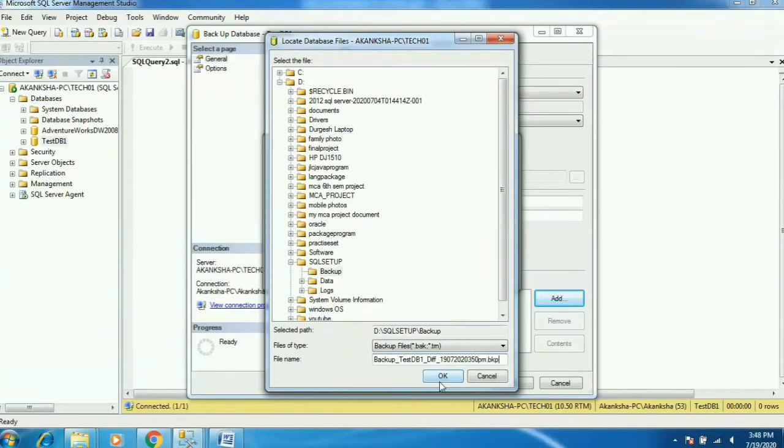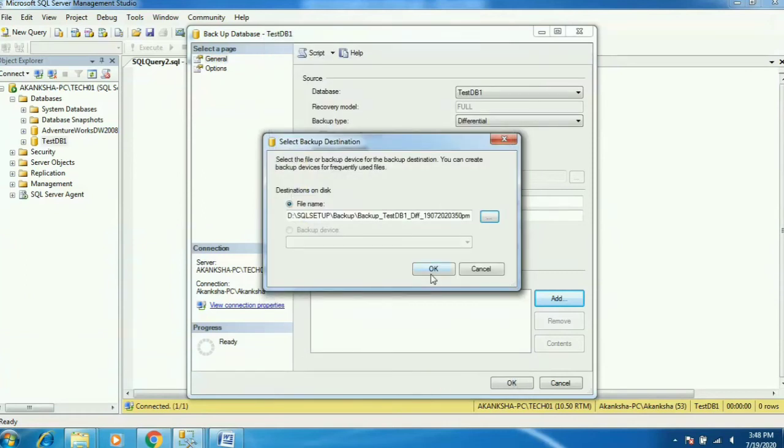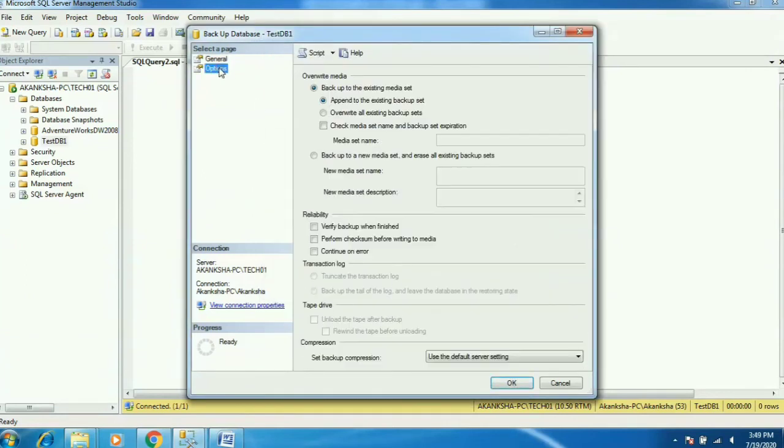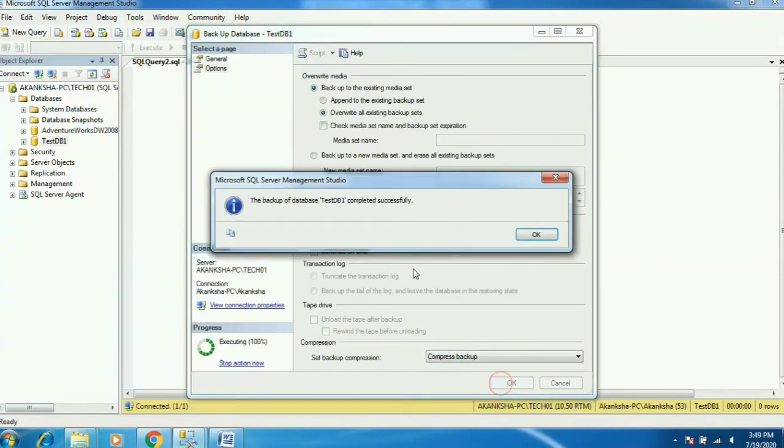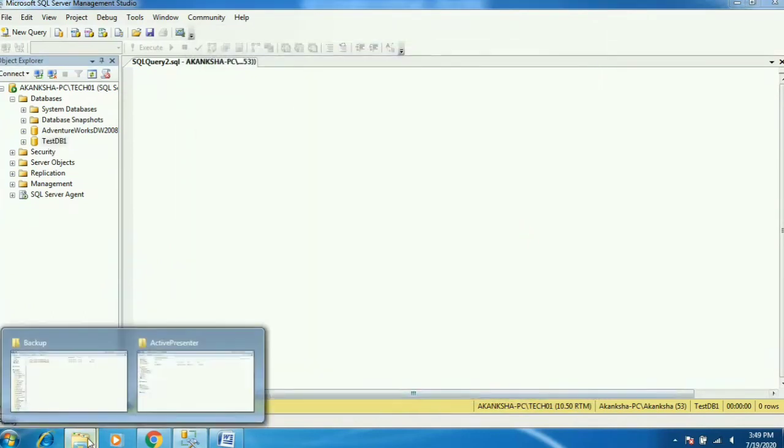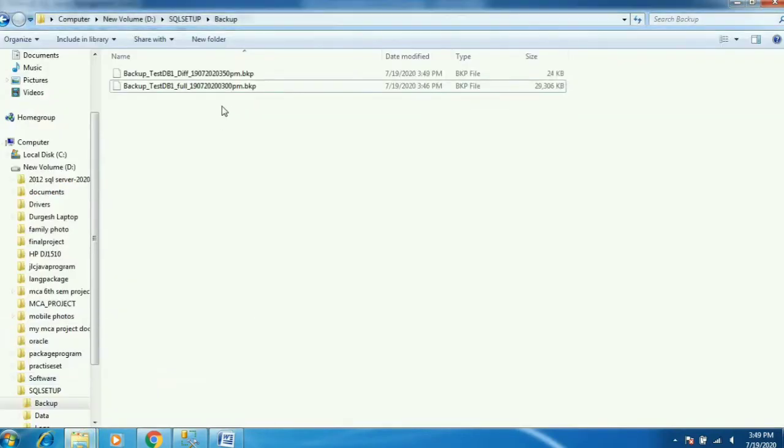There are some commands through which you can find it, but I will not go into details in this video. Okay, same, you need to select compress. Just click OK. Again we will verify whether the differential happened or not. See, the differential backup is there in my backup location.